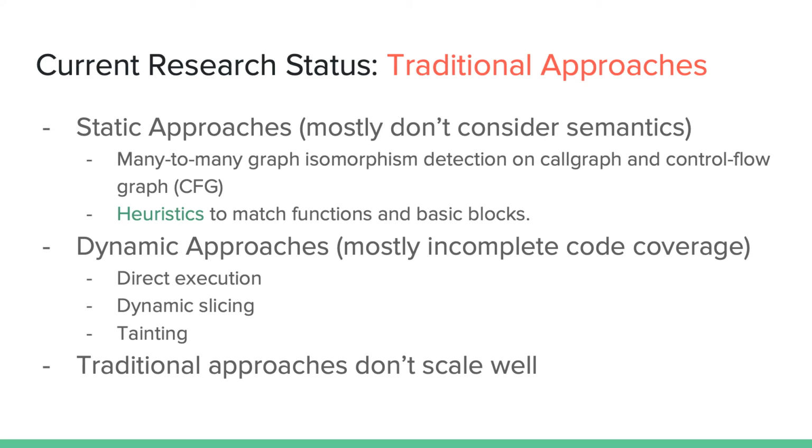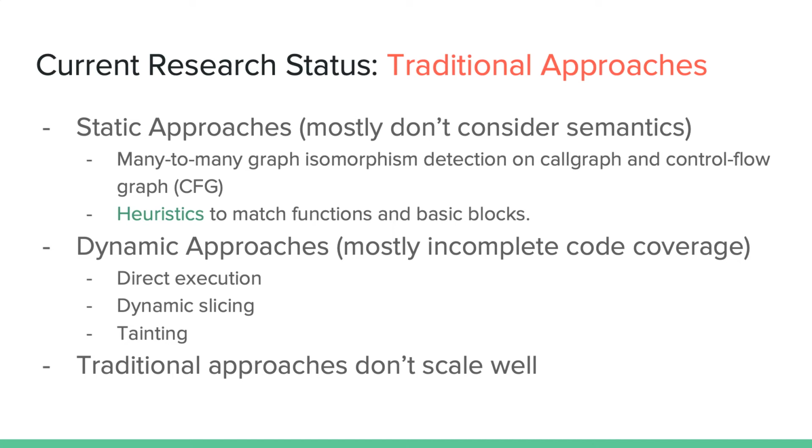So what is the current status of the world of binary diffing? There are traditional approaches, and these can be broadly categorized into two types. Static approaches, which mostly don't consider operation semantics. They generally use many-to-many graph isomorphism detection on call graphs and control flow graphs, and they use heuristics to match functions and basic blocks. And